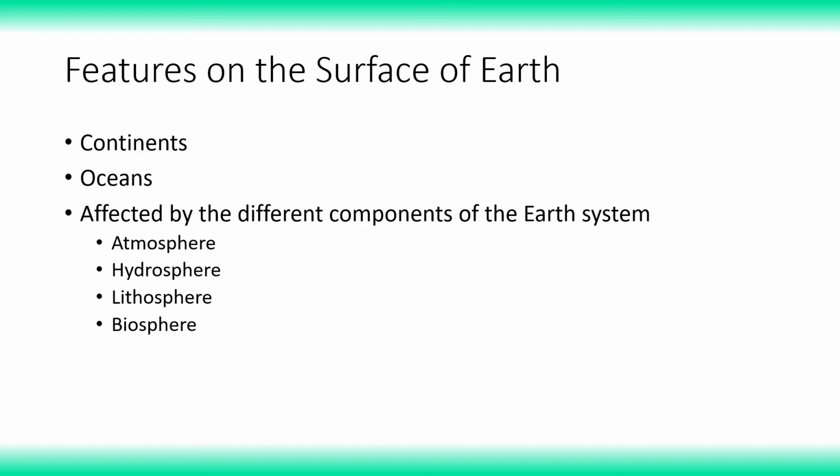One final point about the features of the Earth's surface and why I want to talk about it in this lesson is that it's important to think about how the different components of the planet's system, this Earth system that we're a part of, affect each other and affect the Earth itself in different ways. I'm not going to spend too much time emphasizing it in this lesson. The key thing about the surface of Earth is that it's affected by all four components